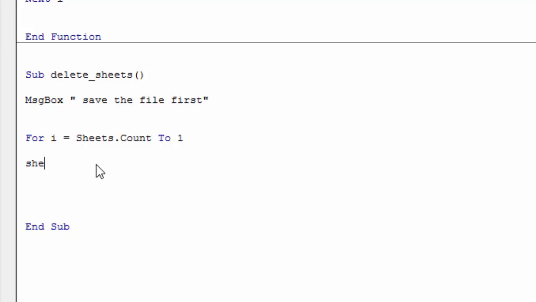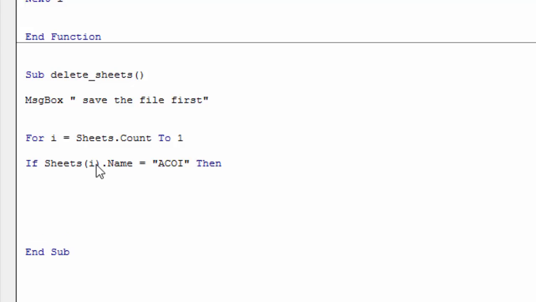And then we put if sheets(i).name equal ACOI. That was our last sheet that we were just not doing, and then we have to